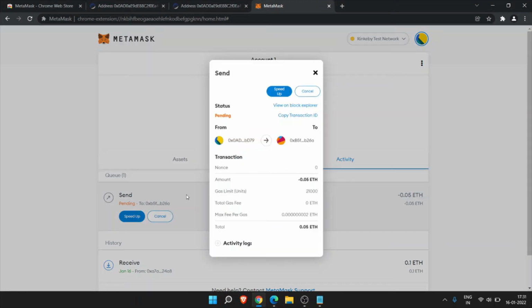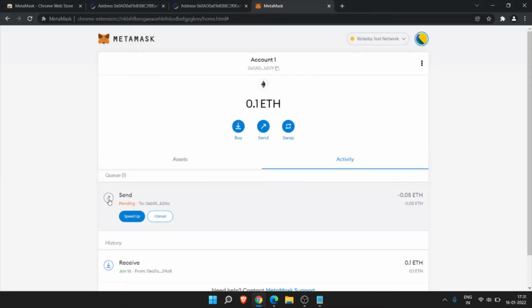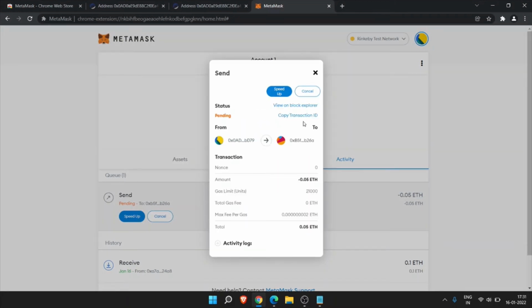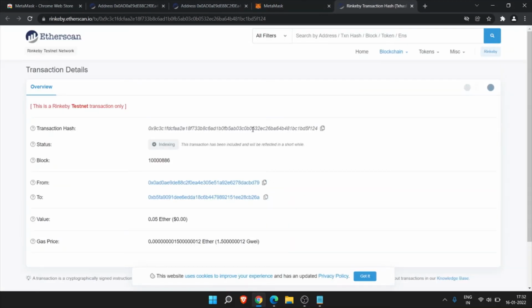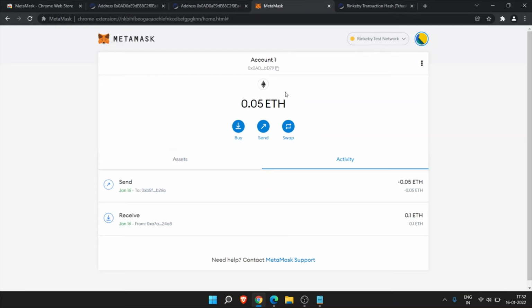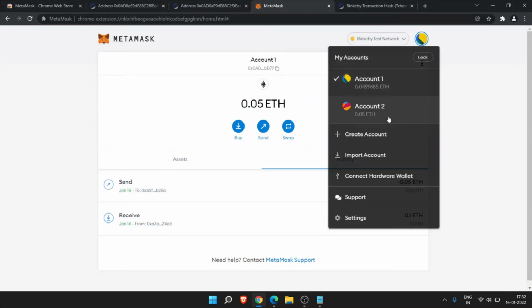You can view the transaction details from here. So what is the status of the transaction, what is the amount and everything. You can also see the gas fee. Here you can track all the activities on etherscan.io. I think the transaction got completed.